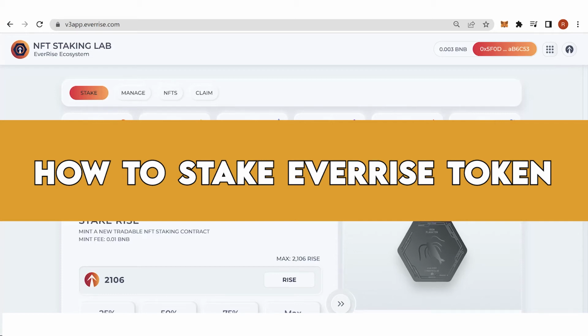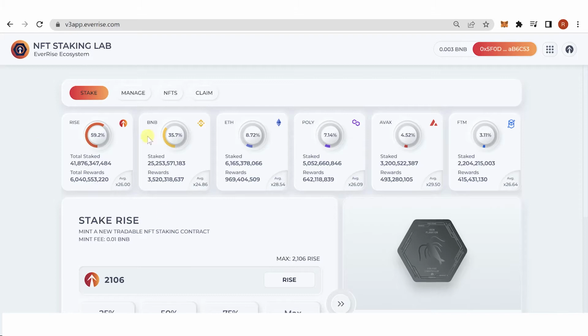In this quick video, I'll show you how to stake Everrise token step by step. So the first step is to go to v3app.everrise.com and then connect your wallet. Once you have connected your wallet, you can now type down the amount of Rise token or Everrise token you